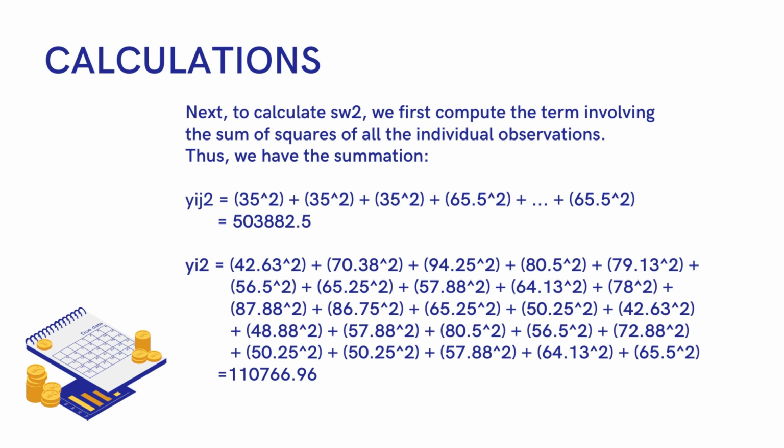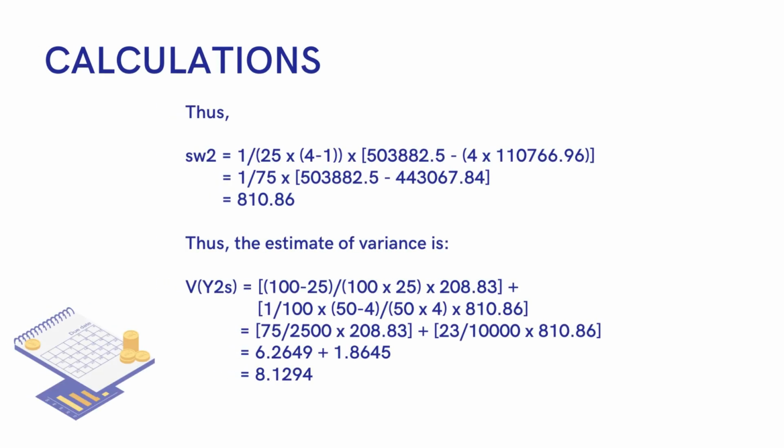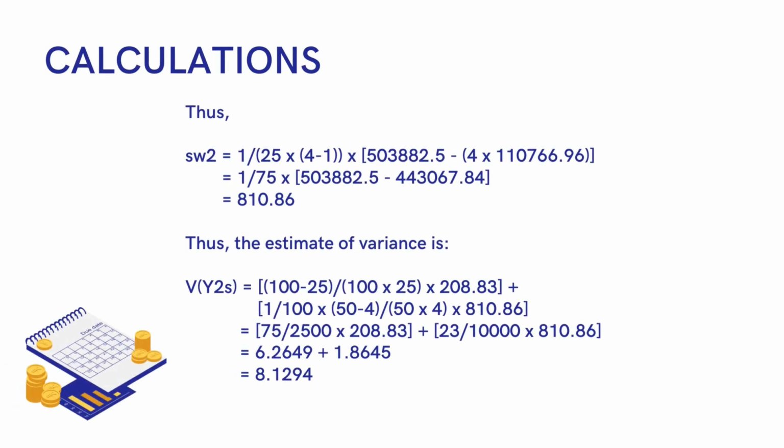And then for the mean sample power of 2, we got 110,766.96, and thus we compute in the formula for the x squared w. We got the final answer of 810.86. Then we get the estimate of the variance. We put in the formula and we got the final answer of